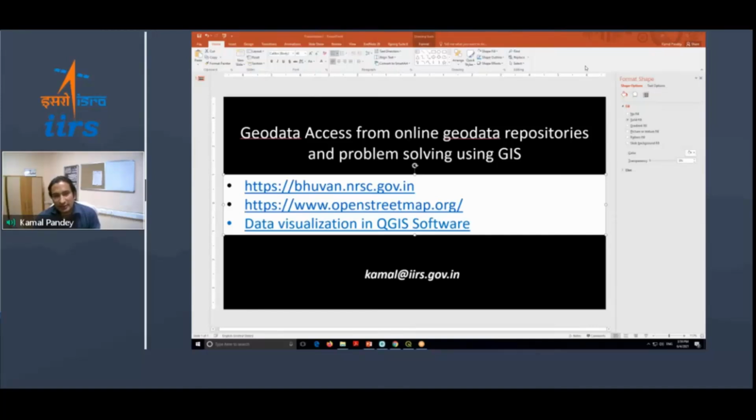So today's lecture, I hope in the past few lectures, you might have gained a lot of knowledge on geospatial data and space technologies, and about the weather data also from the space. So regarding all these data sets, today we will be conducting one experiment related to the data set obtained from the space. My session will be focused basically on geodata access from online geodata repositories and problem solving using